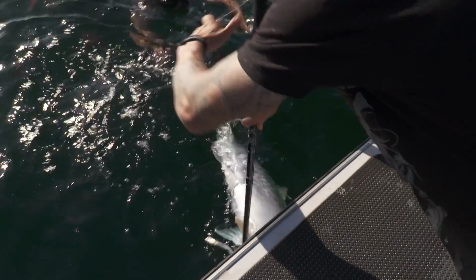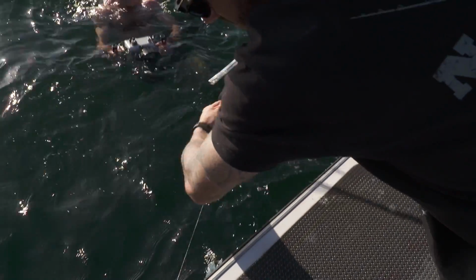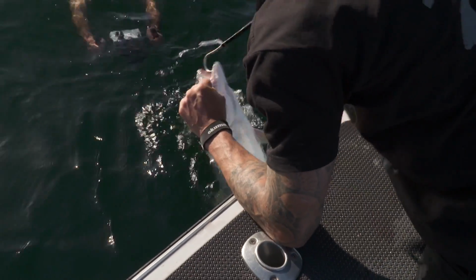I'm right-handed, so let me just do the switcheroo here. Just got to take your time. There's no rush to get this fish in. If we were going to take it home, the gaff would be well and truly sunk. But we're just going to gently gaff him in his lips,